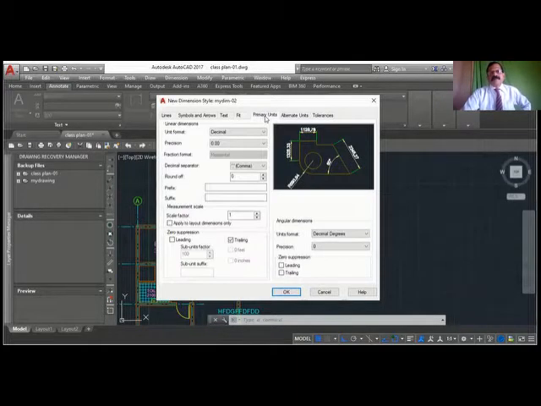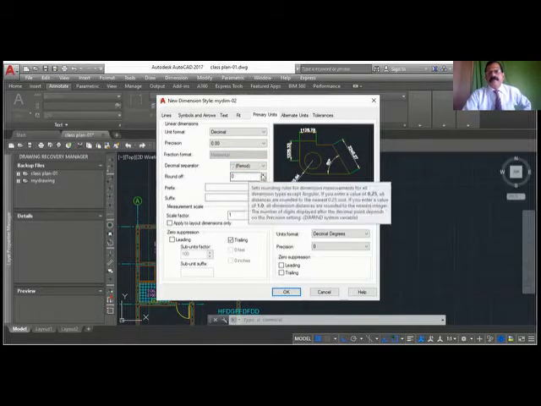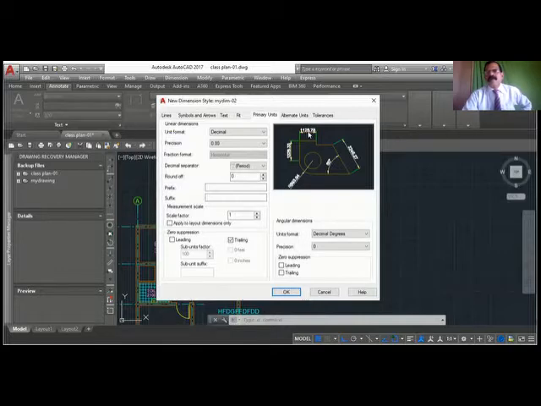In the primary units, you can see that everywhere it is showing 2 decimal points, and instead of a decimal point, it is showing a comma, like 112628 comma 78. We can change this into a point. So here, the decimal separator is a comma; you have to keep it as a period. Then it will be 112628.78. When you are using millimeters, better not to have the decimal points. You can just keep it as 0.